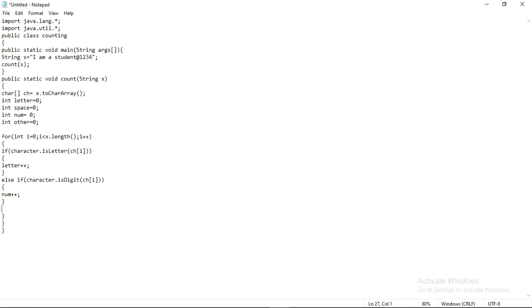So again, else, within bracket condition: each space character. Character dot each space each space char within bracket ch, I,